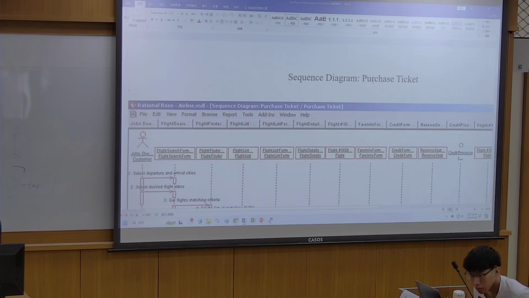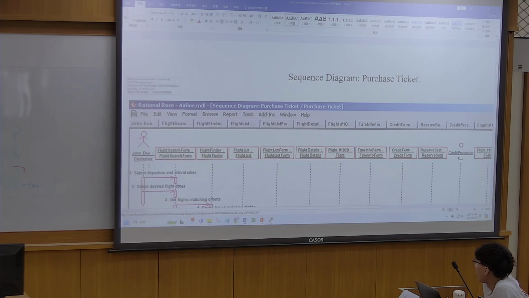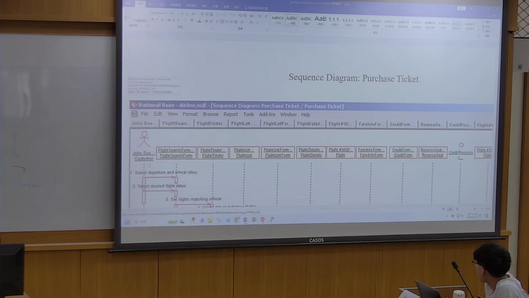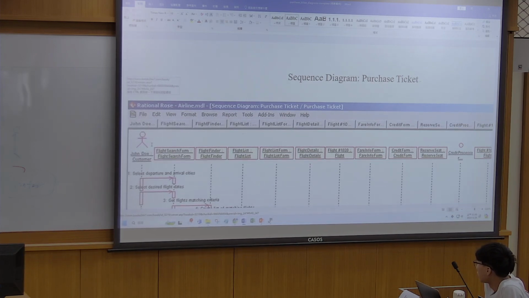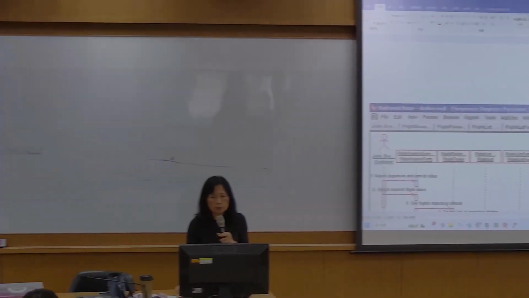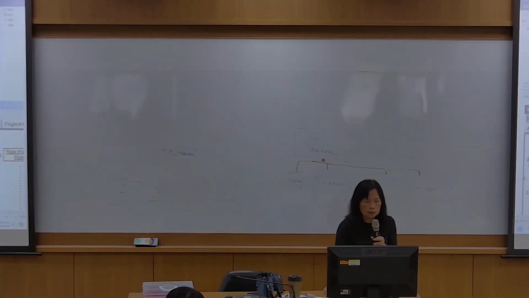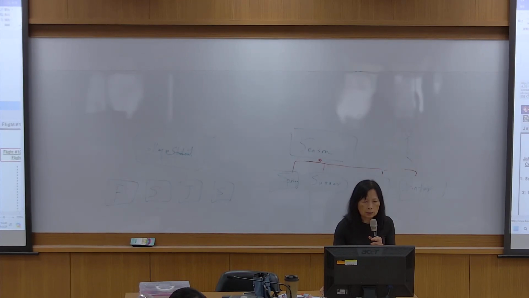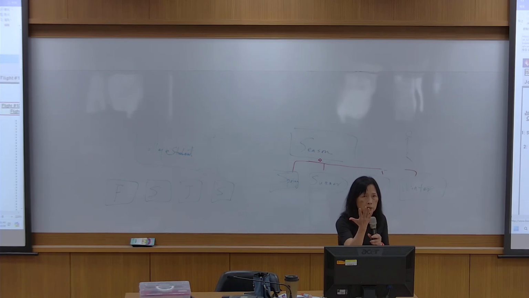This is a sequence diagram, right? Here, there's an instance sequence diagram, like specialization. So if it's general, there's a couple of scenarios, right? And here, sequence diagram purchase tickets. You can see that the first one will be the interface. This interface could be a form, right?